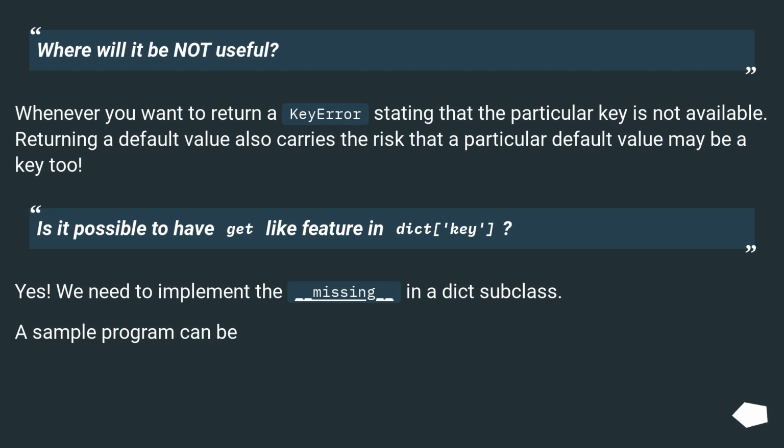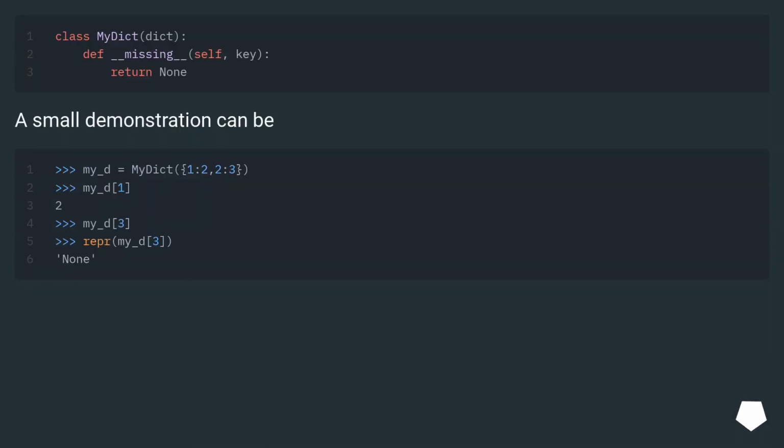Is it possible to have get-like feature in dict key? Yes. We need to implement the __missing__ in a dict subclass. A sample program can be a small demonstration can be